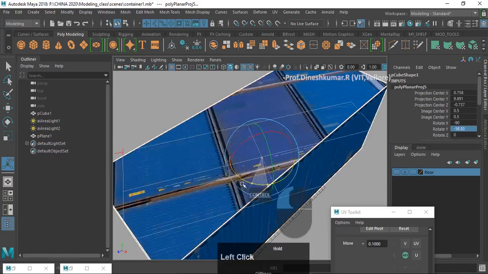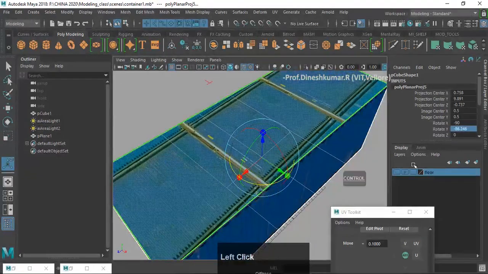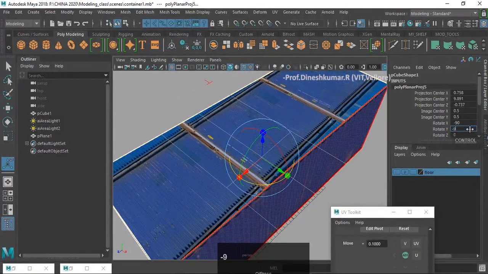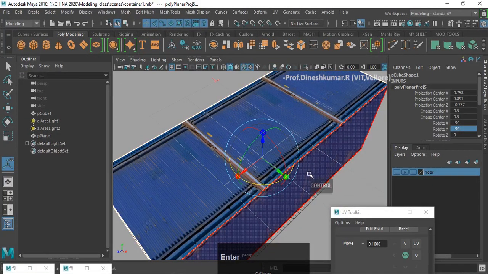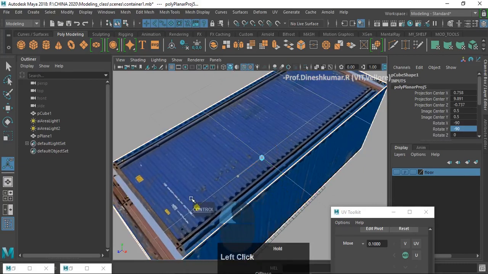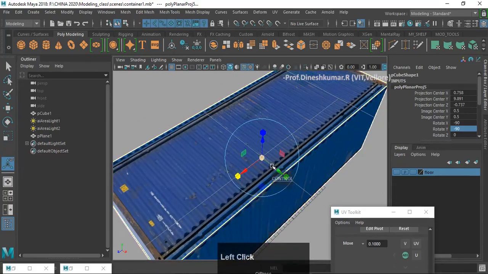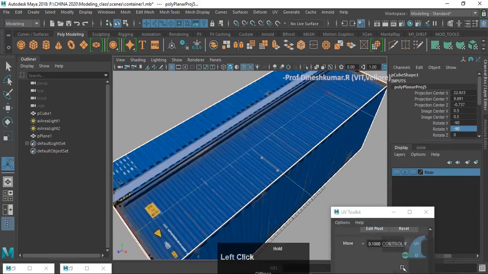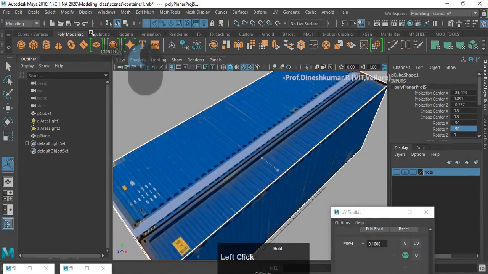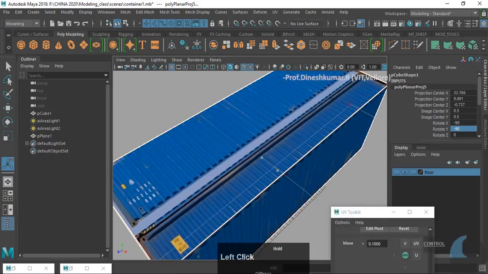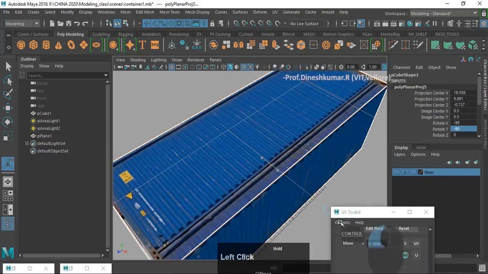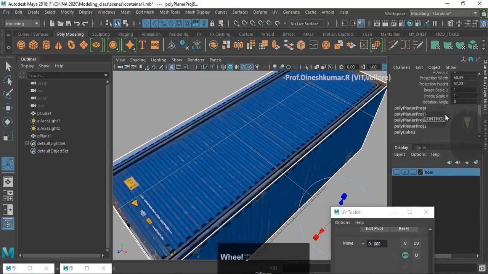Yeah, minus 90. Okay, look at that. This would work. Maybe good. This value will be